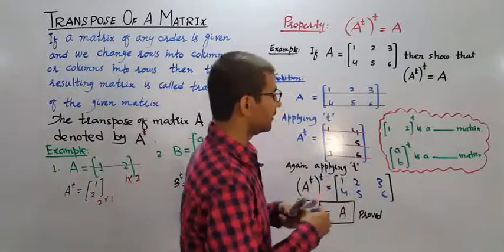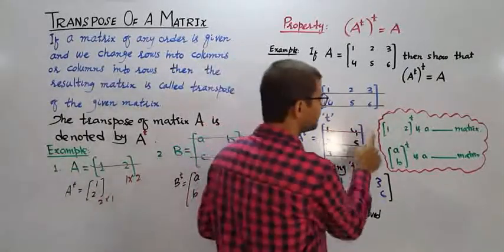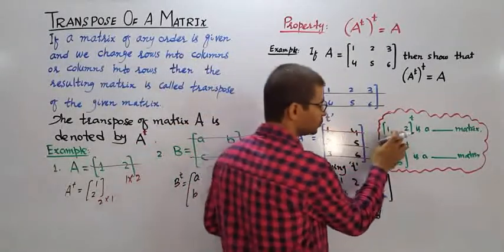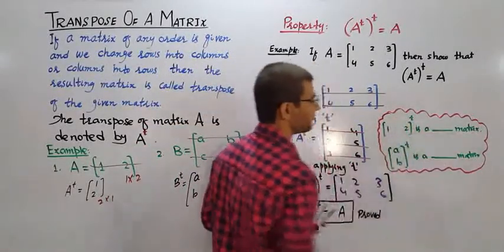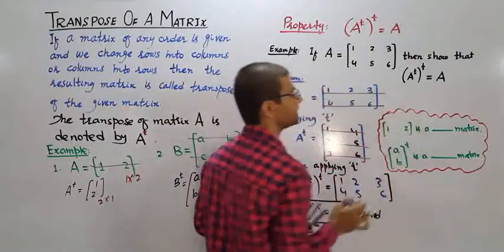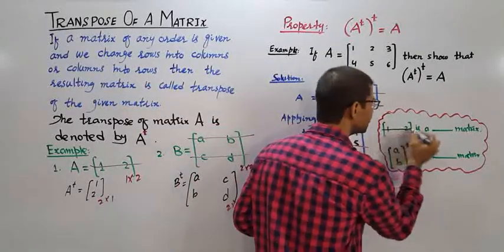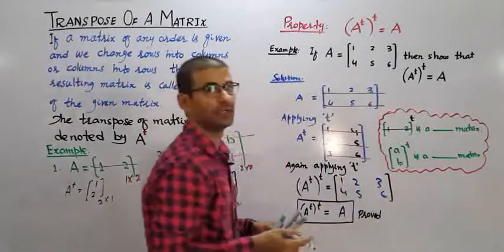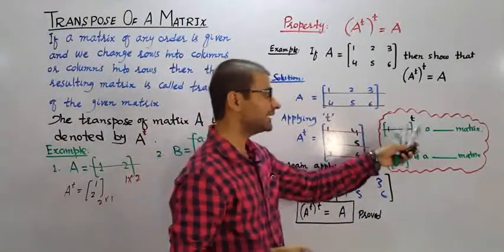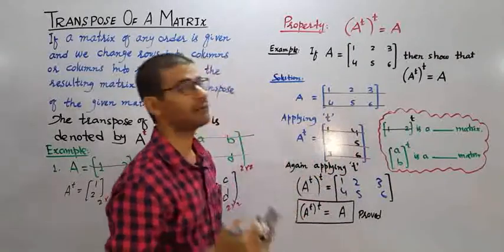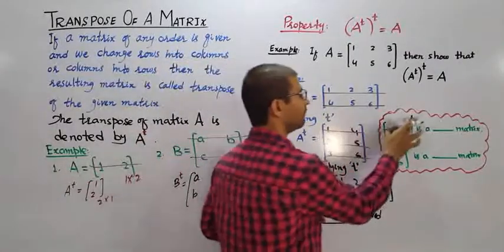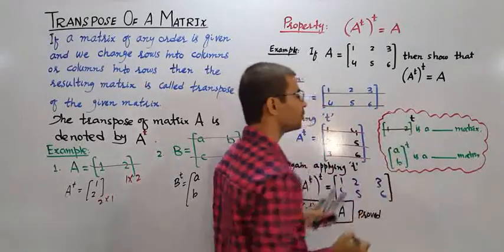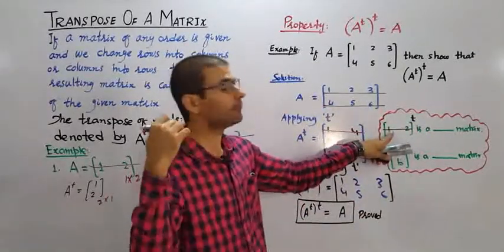Next students, these are two important MCQs. Fill in the blanks. 1, 2 to the transpose is a dash matrix. If T is not present, then this is a row matrix. But here we have transpose. So first take the transpose, then decide whether this is a row matrix or column matrix. Without transpose, this is a row matrix, but when we take transpose, then this row will become a column.